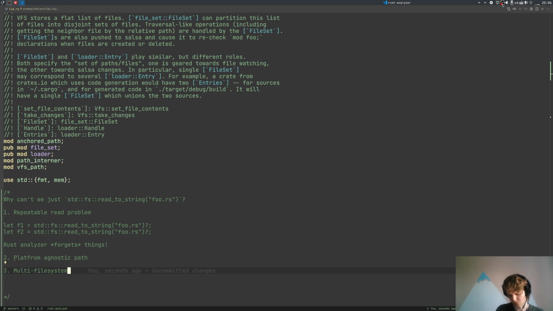What the hell is it? So this is a hypothetical use case. You aren't gonna need it probably, but I like to architect rust-analyzer to account for some crazy future use cases. And the use case here is that I want it to be possible to write Rust code on, say, a Windows machine, but analyze it using a rust-analyzer which runs on a remote server on, say, a Linux machine. And the problem here is that if you use, like,